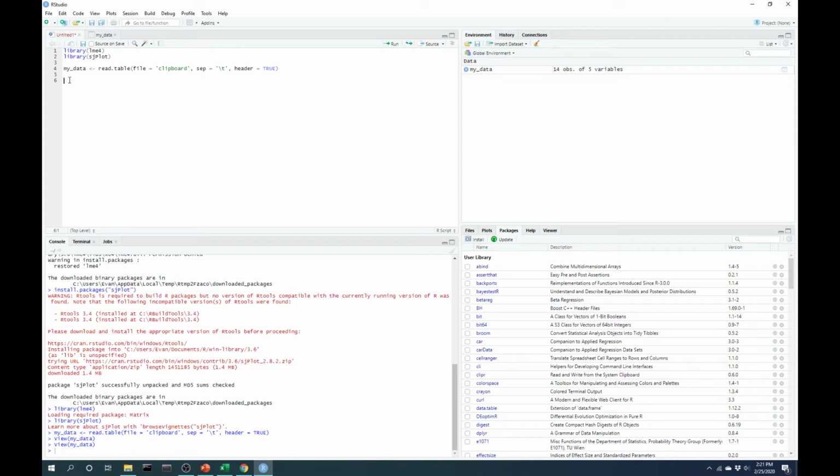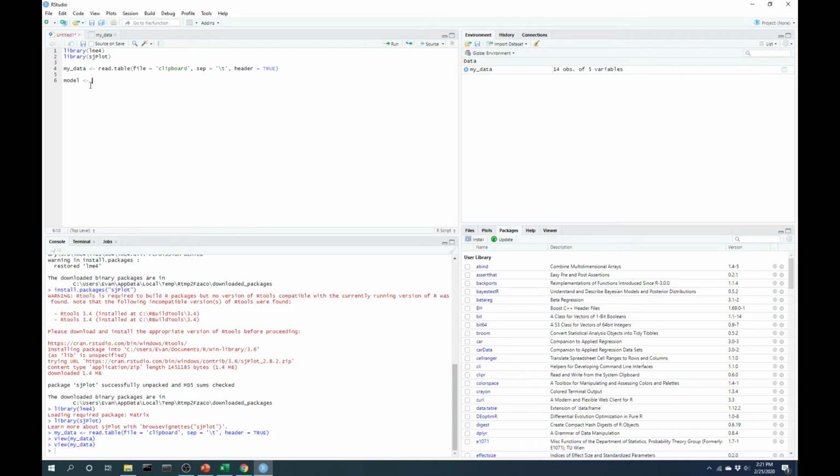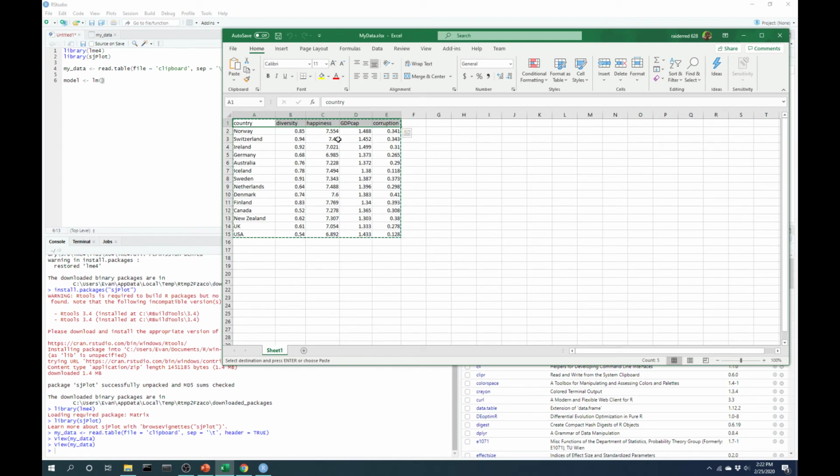Now we want to do a regression. This is where we're going to make use of this lme4 package. So again, we're going to create another variable. I'm going to call it model. You can call it whatever you want, but we're creating a linear model, so I'm just going to call it model. And we're going to use the lm function, which stands for linear model. So the first parameter that we're going to pass into this function is going to be the formula of the linear model. And the way we're going to do that, let's go ahead and look here at the variables